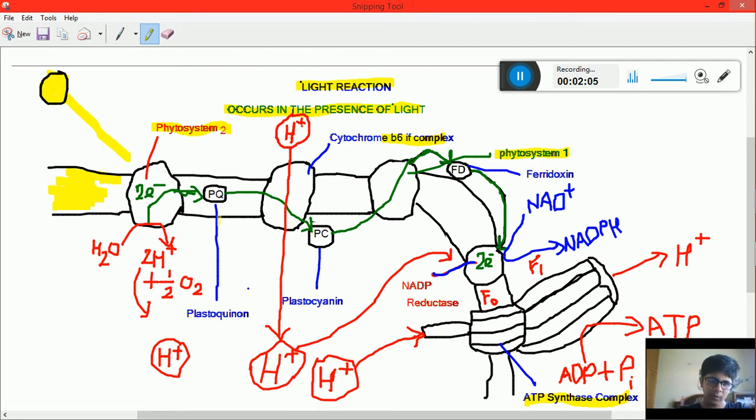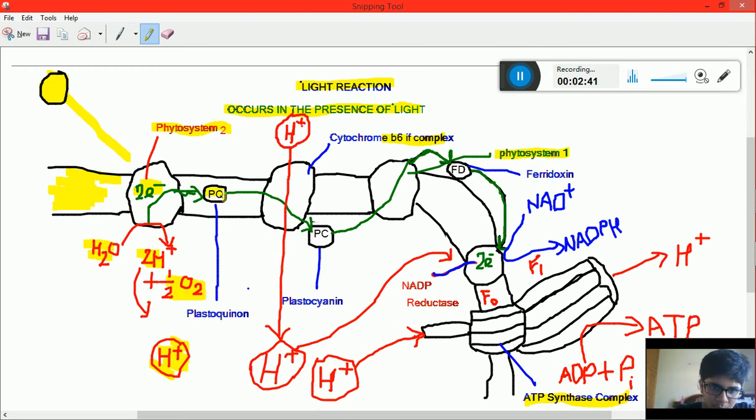So first of all, what happens? We know the water is absorbed by the roots and is sent to the leaves by xylem. That water, one water molecule, is converted into 2 hydrogen ions and half a molecule of oxygen. This occurs in the presence of sunlight, when sunlight reaches photosystem 2. At that time it converts into 2 hydrogen ions and half an oxygen molecule, and it also produces 2 electrons. Now the 2 hydrogen ions go down inside the thylakoid, and the 2 electrons flow from photosystem 2